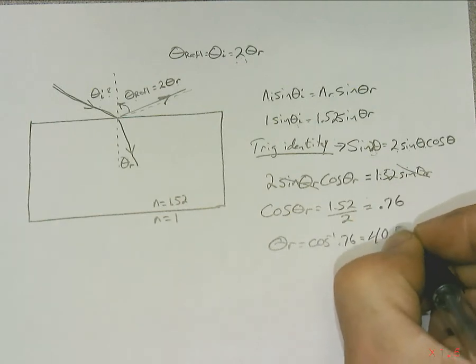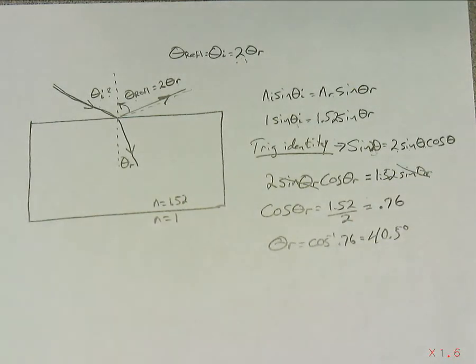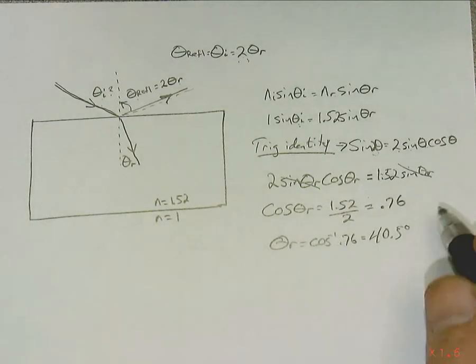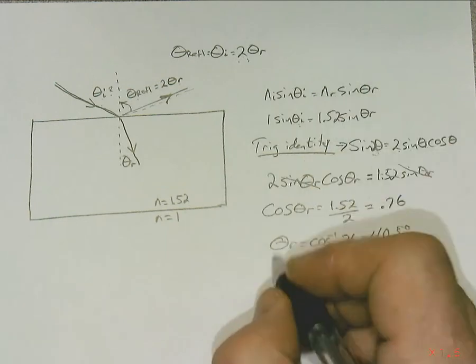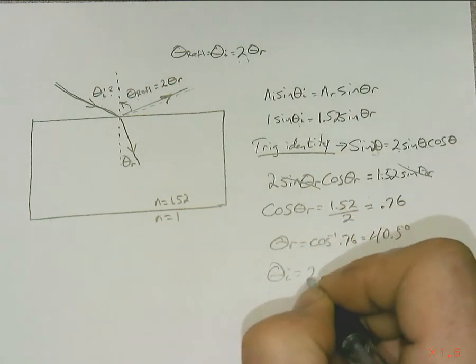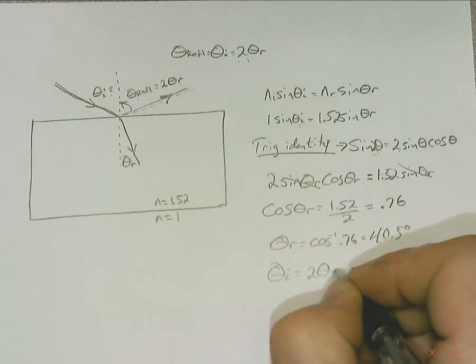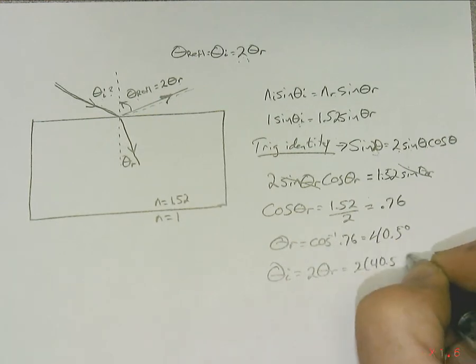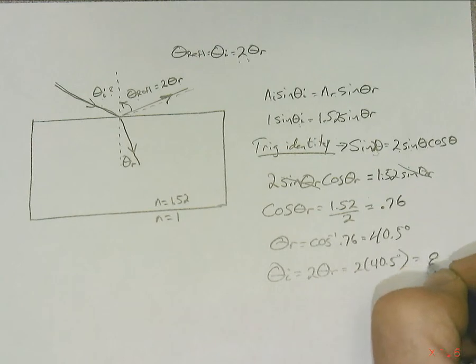So there's theta refracted. Oh, but that's not what we're looking for. What we're looking for is theta incident. Theta incident is twice theta refracted, which is 2 times 40.5 degrees, which is 81 degrees, the coveted